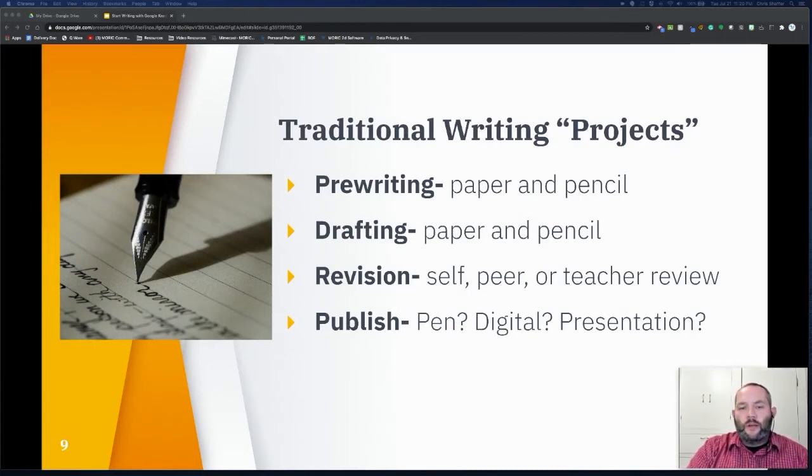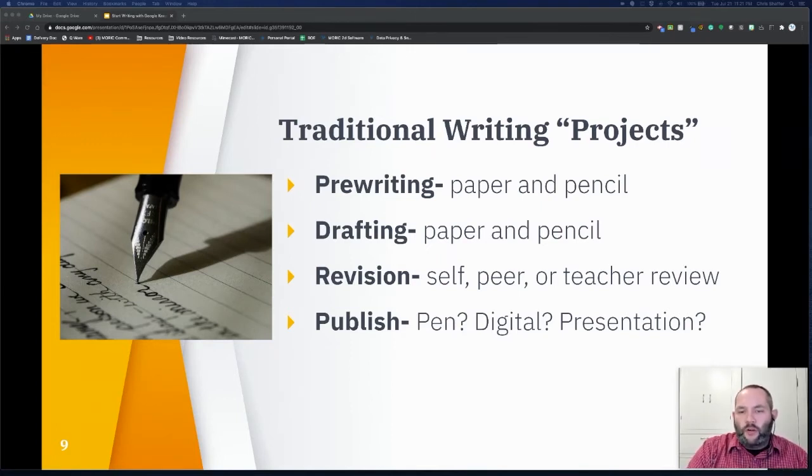So we've talked about the writing process and what the basics look like, but now let's talk about what that might actually look like in a classroom at any given time. So first, the teacher often creates guidelines for an assignment and gives the students a prompt. Students are then tasked, primarily individually, to get started and do some pre-writing. This can be done with pencil and paper, a Chromebook, tablet, laptop, whatever devices or medium you have in your classroom. And then they go ahead and write a draft.